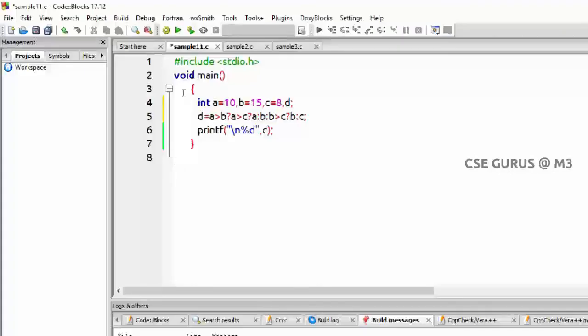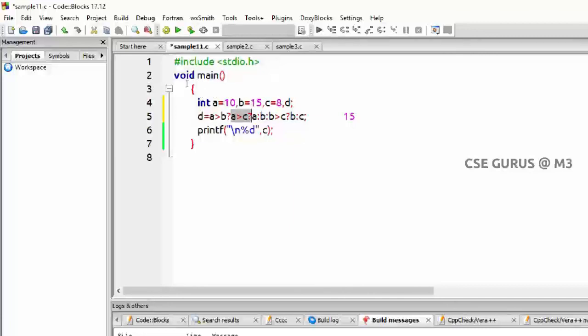Now you can see here I have more than one ternary operator. So which can be taken first? Remember this point, whenever there are more than one ternary, always you have to take from the right side. So right to left execution has to be done. That means this part has to be executed first. So what is b greater than c? 15 is greater than 8. Is it true? Yes. So b, which is 15, will be taken. So this entire part will be 15. This part is over. And now this has to be done.